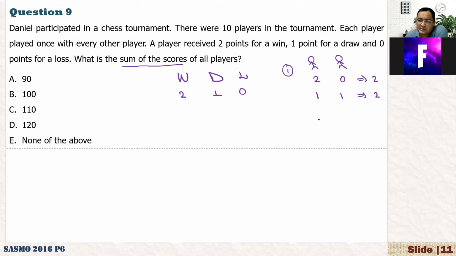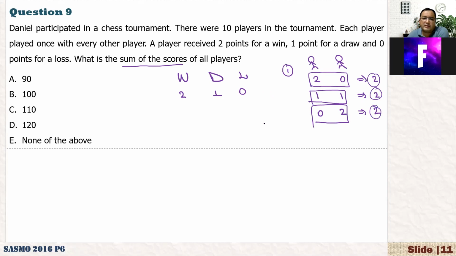Now the third case is, suppose that Wagif loses, you get 0 points. Adnan wins, he gets 2 points. Again, the sum of the points, what is it? It is just 2. Whether Wagif loses or wins, the total points given in each game is 2 points. They are just sharing 2 points. You see here, the result is not changing. It is 2, 2, 2.